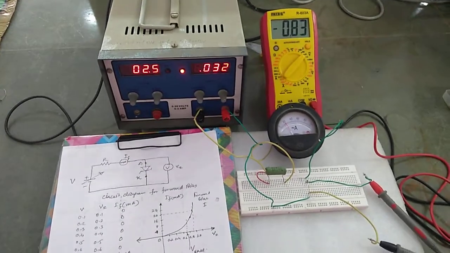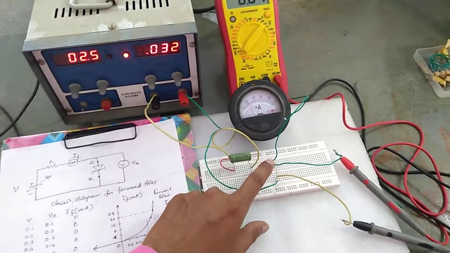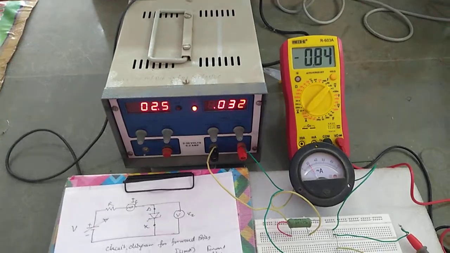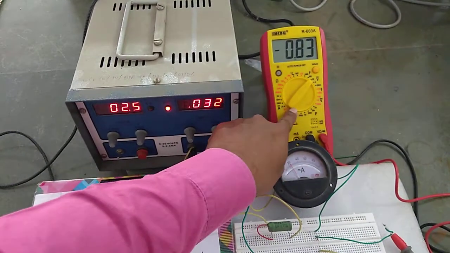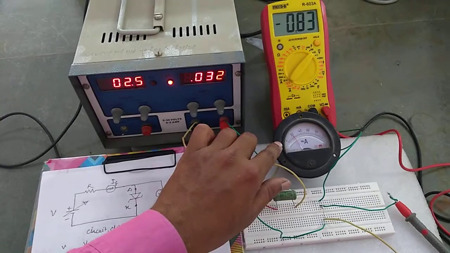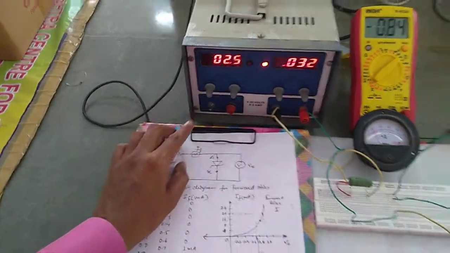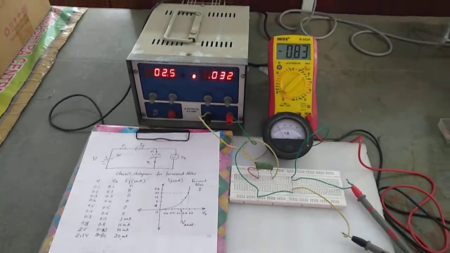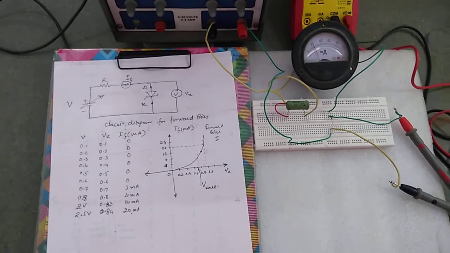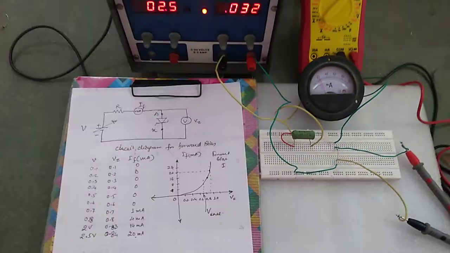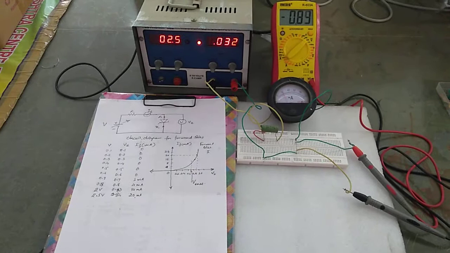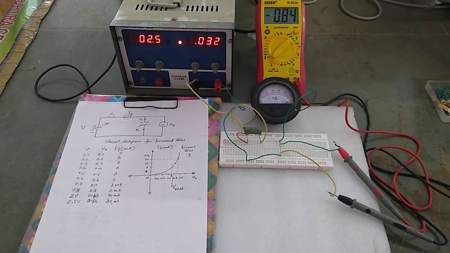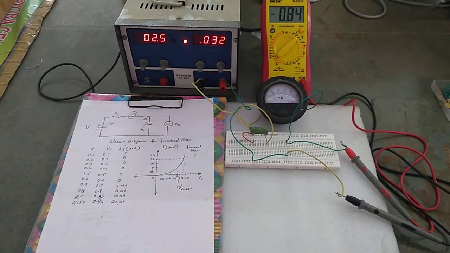Requirements: Zener diode, 12.8 volts breakdown. This is voltmeter, a digital multimeter used in the mode of voltmeter, and analog ammeter, DC regulated power supply, and a breadboard and connecting wires are the minimum requirements. And this is the observation table. This is how the characteristics of Zener diode in forward bias and reverse bias can be plotted. And hence we have tested the performance of Zener diode.